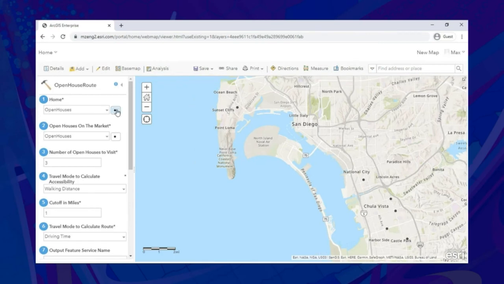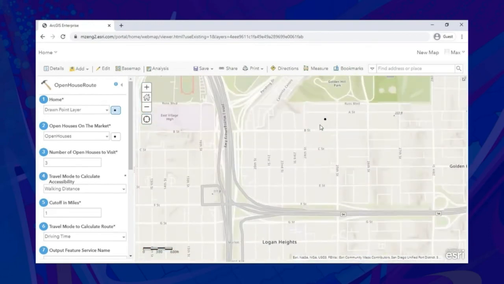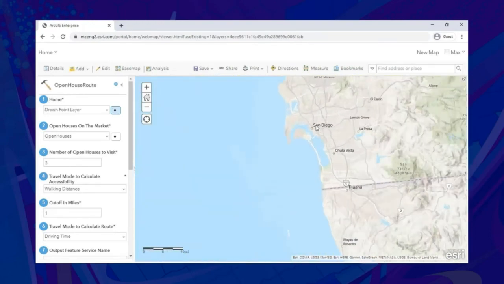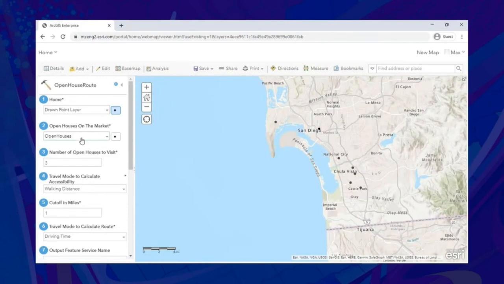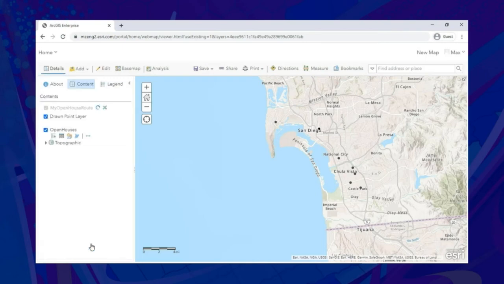For the home address, I set to meet my client near Boulevard Park, so we can click on the Boulevard Park. For the open houses to visit, it would be the open houses on my map. The customer is interested in visiting four open houses, and he is interested in getting the nearby grocery stores that are driving within 2 miles. And we can provide an output feature service name, and we can click to run this